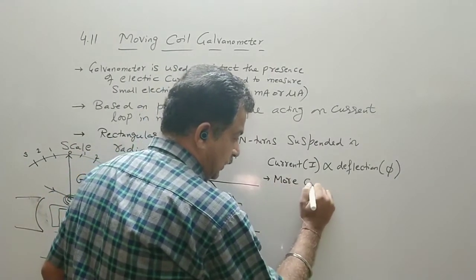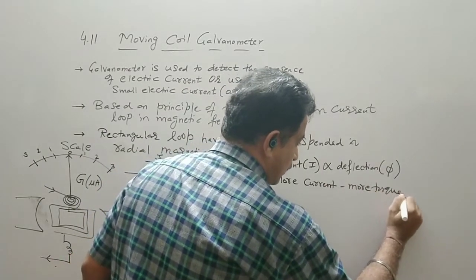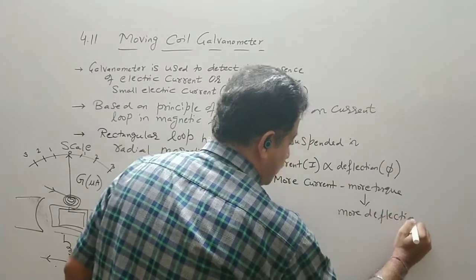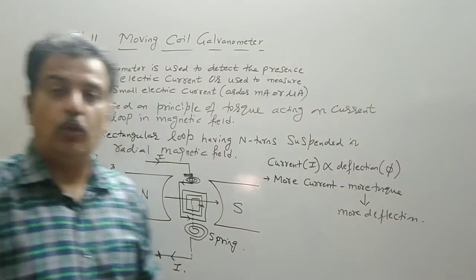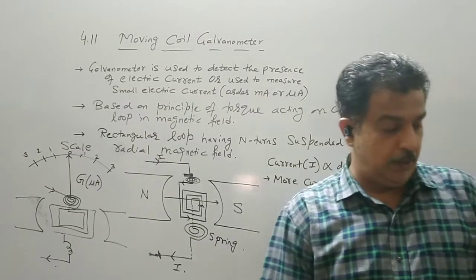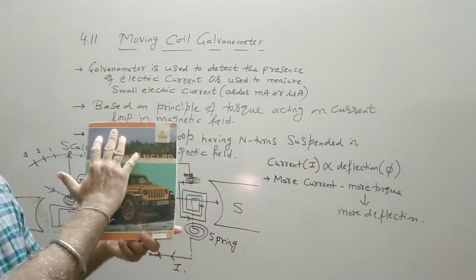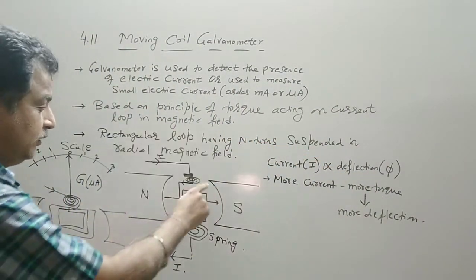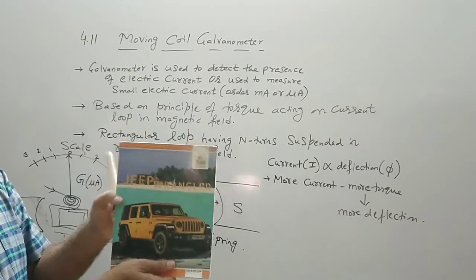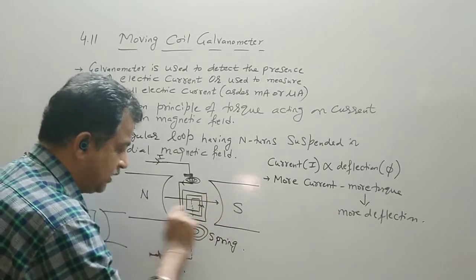More current, more torque, and more deflection. So it should be clear that as soon as the current starts flowing, the deflection of the coil in a radial magnetic field also increases. Now how do we do this? Suppose this is a rectangular loop. So this is a rectangular loop having n turns. Now if I place it like this, and if I consider only this line, because we will see the magnetic field lines will not be straight for the remaining portion,